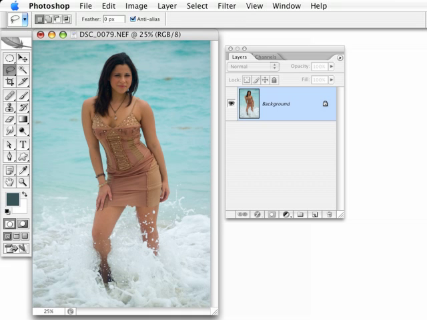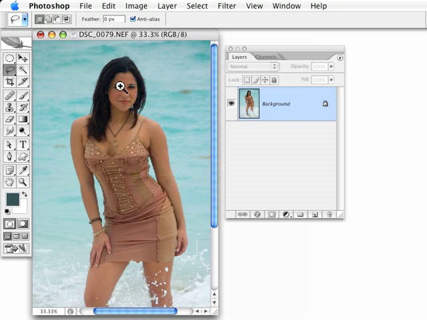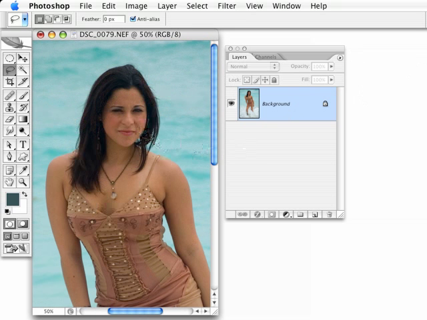This time around, we're going to take a look at a fairly simple, but hopefully fairly effective way to change the face of someone in a photograph. Here's a picture I took while I was in Miami for Photoshop World with a model named Anna Maria. And I really love the way the water is splashing on her legs, but her face, she's a little on the serious side. If I zoom in a bit, you can see it's still kind of nice, but I took some